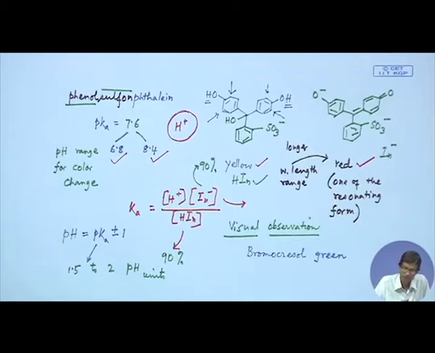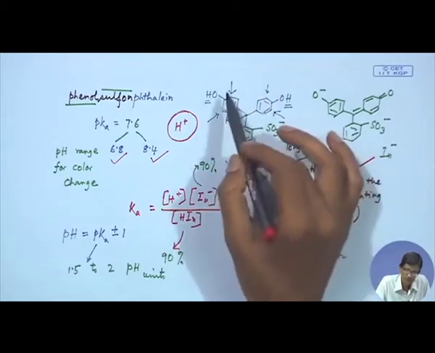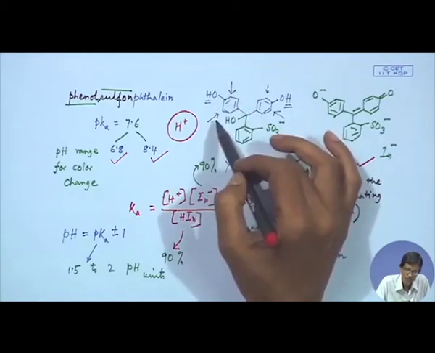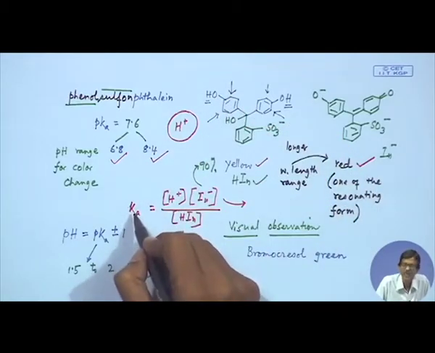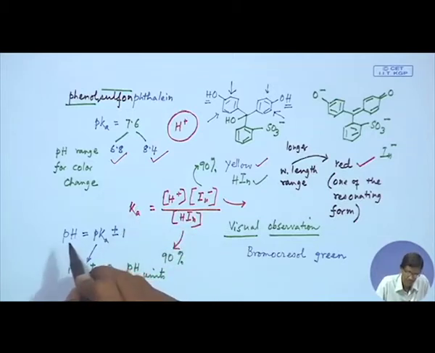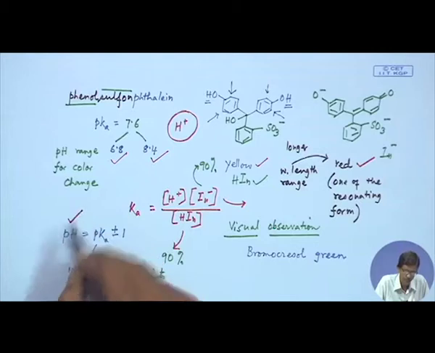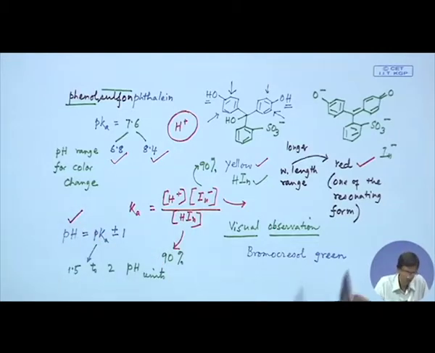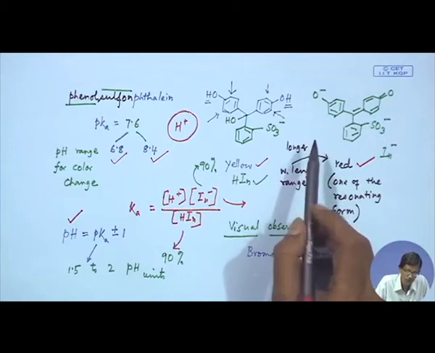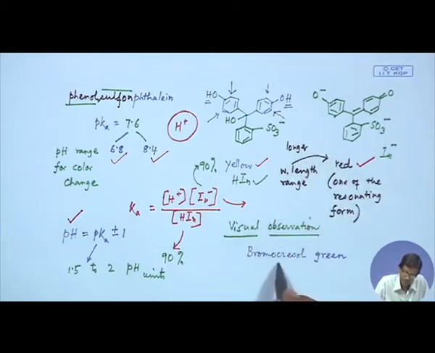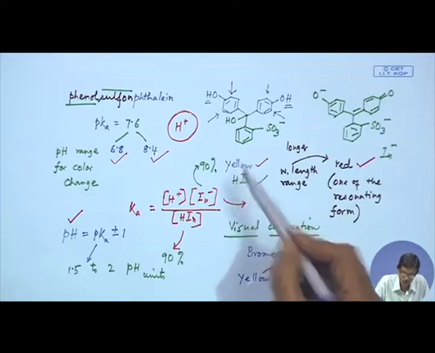What happens then? If we have the bromine groups over here, your Ka value will be changing. So, your pK value will be changing, and since the pK value is changing, your pH will also be a different one. So, that is why this bromocresol green, like phenolphthalein, can change its color into two. The green itself tells us that you can have a color which is blue green and another one which is similar to the previous molecule, which is yellow.